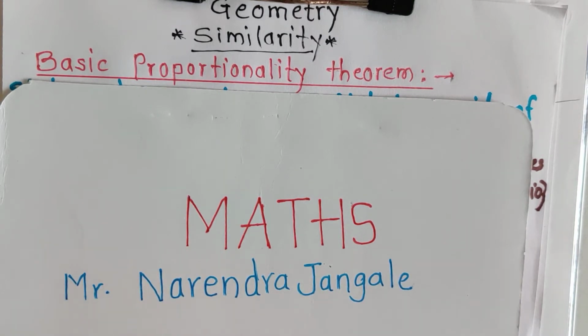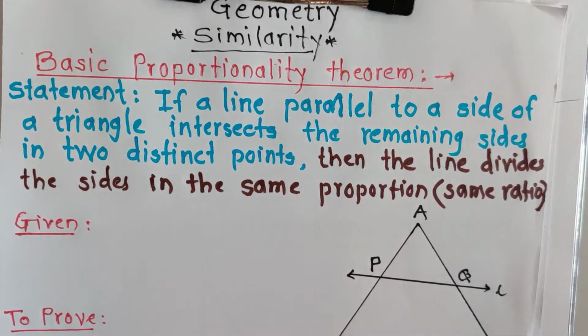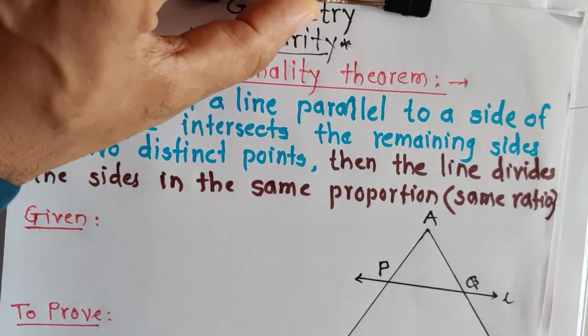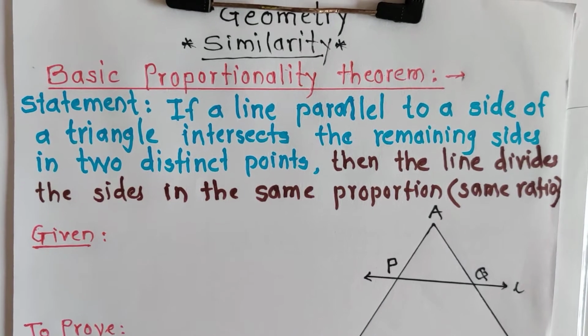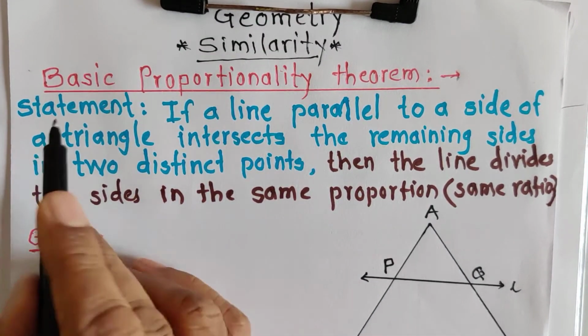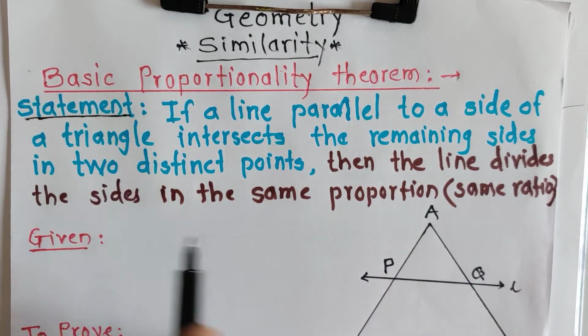Whenever there is a theorem, first you must know the statement of that theorem. A theorem has a statement, a conditional statement. Conditional statement means the statement that contains if-then. That statement is known as a conditional statement. So here that theorem is given, it is already written. Here is the statement of that theorem, that is the main part.